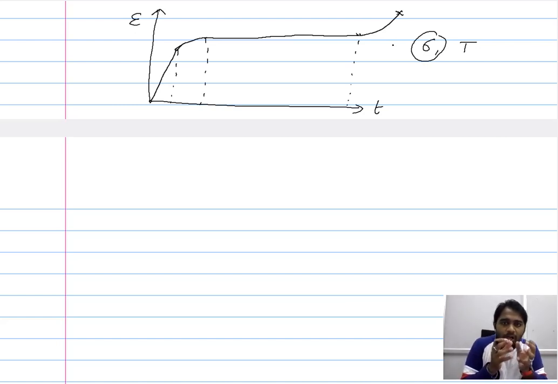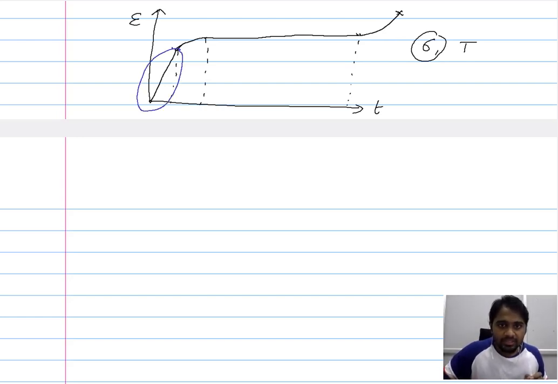So depending on how the strain varies with respect to time, we can categorize the overall creep behavior into different stages. The first stage is referred to as the instantaneous creep, because this strain occurs instantaneously. The moment you apply the load, this occurs instantaneously. We refer to that as the instantaneous creep. Here you have a combination of elastic and plastic deformation. Now, after this instantaneous creep, you have a stage wherein the strain with respect to time is not increasing instantaneously but gradually decreasing.